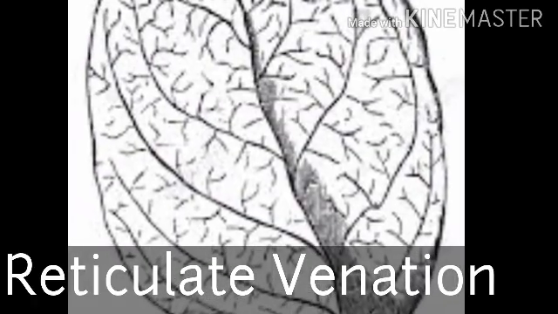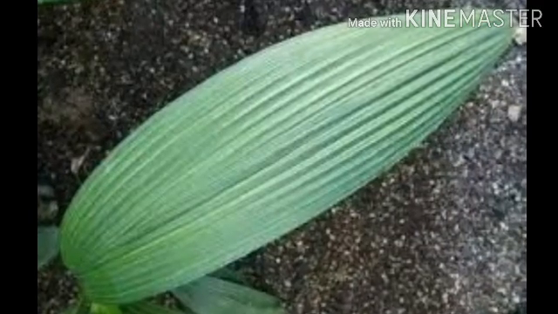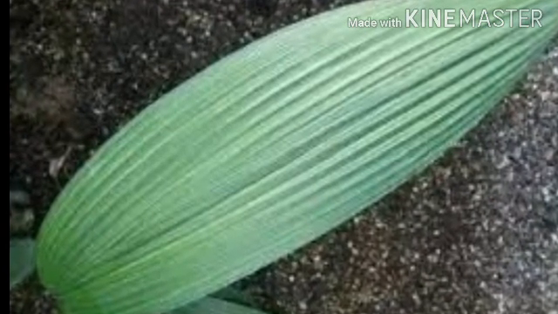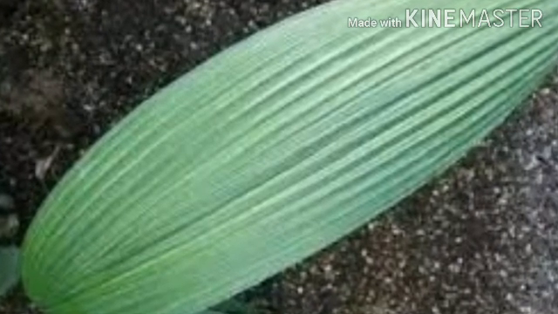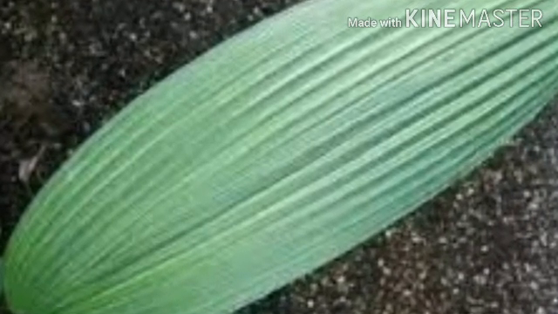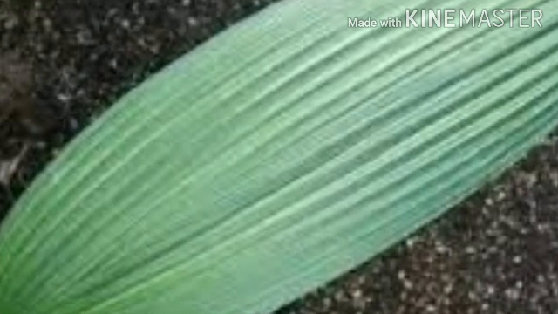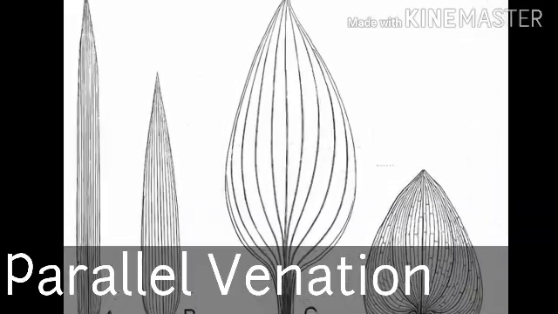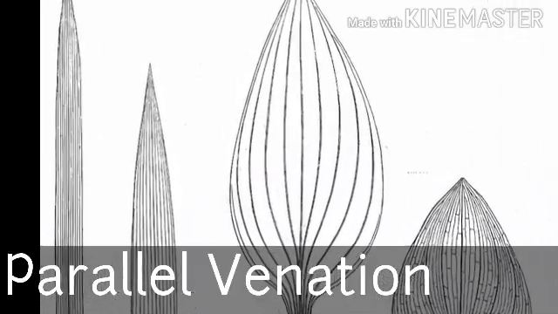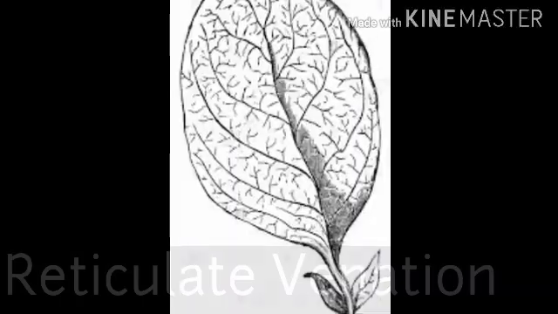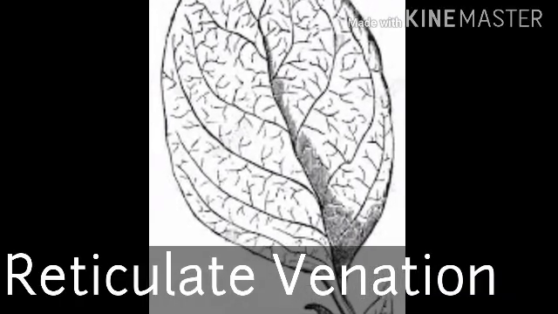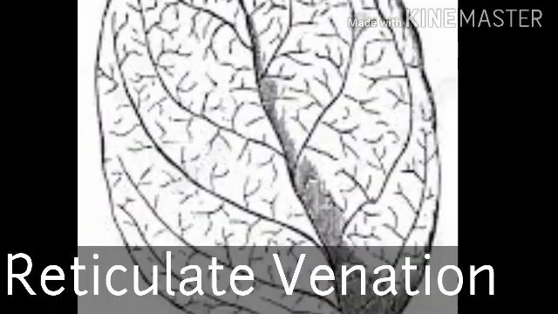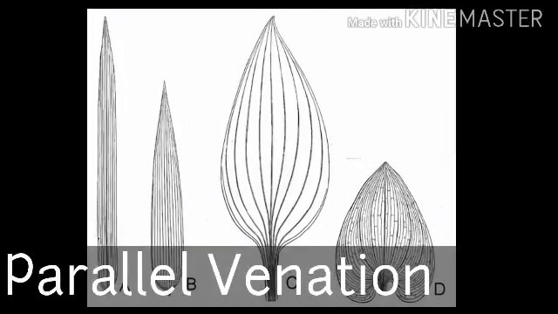In coconut or bamboo leaves, the veins do not touch one another. Starting from the leaf stalk, they run parallel and join at the tip of the leaf. The parallel arrangement of veins in leaves is called parallel venation. After completing the activity, we will understand the difference between reticulate venation and parallel venation.